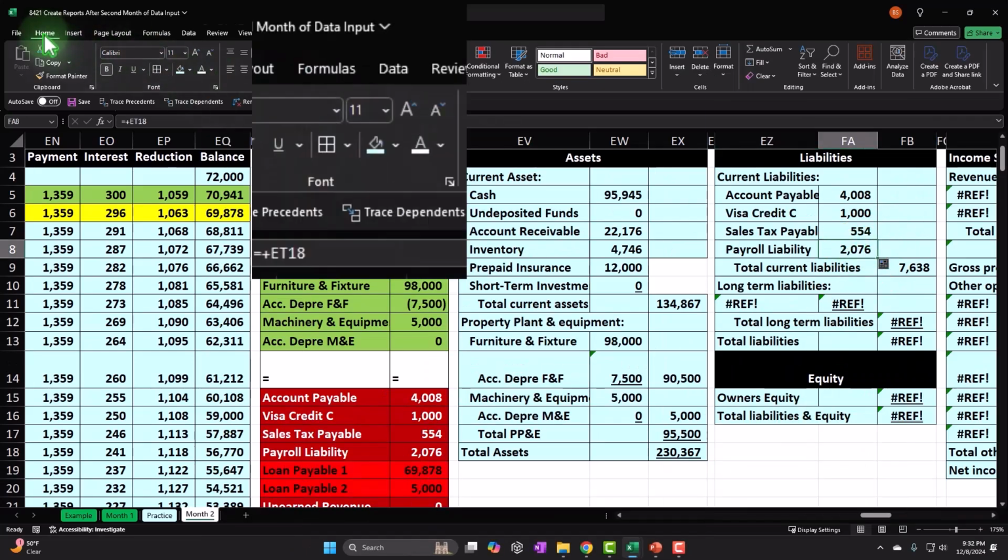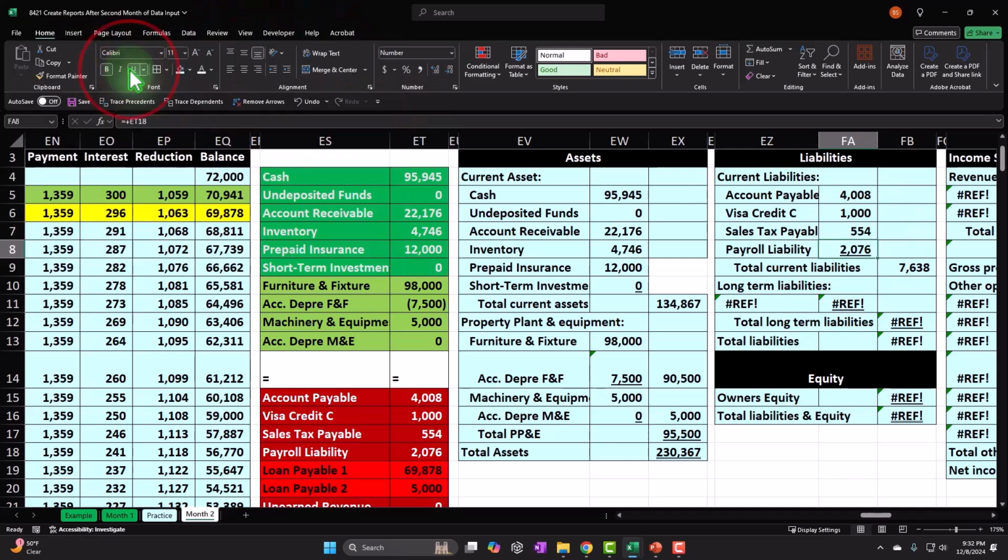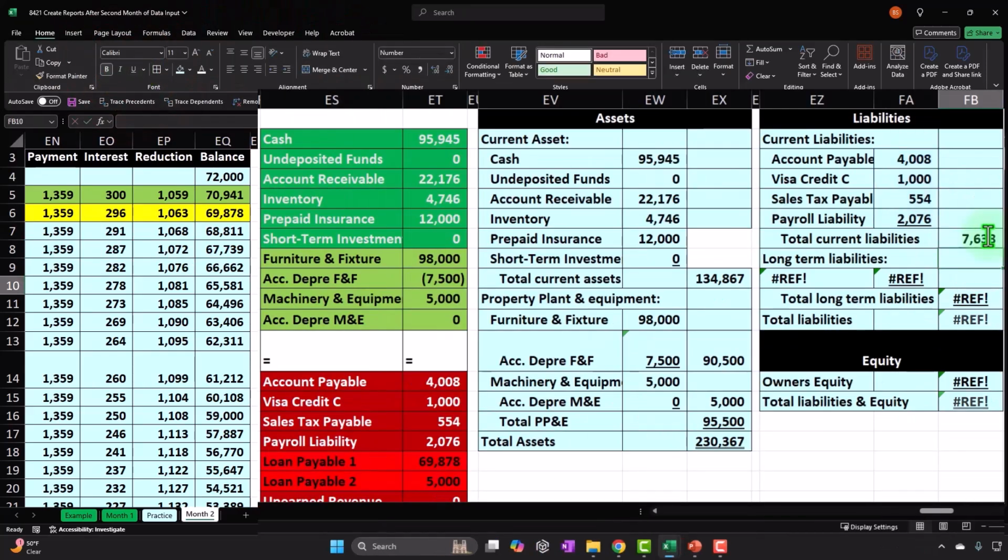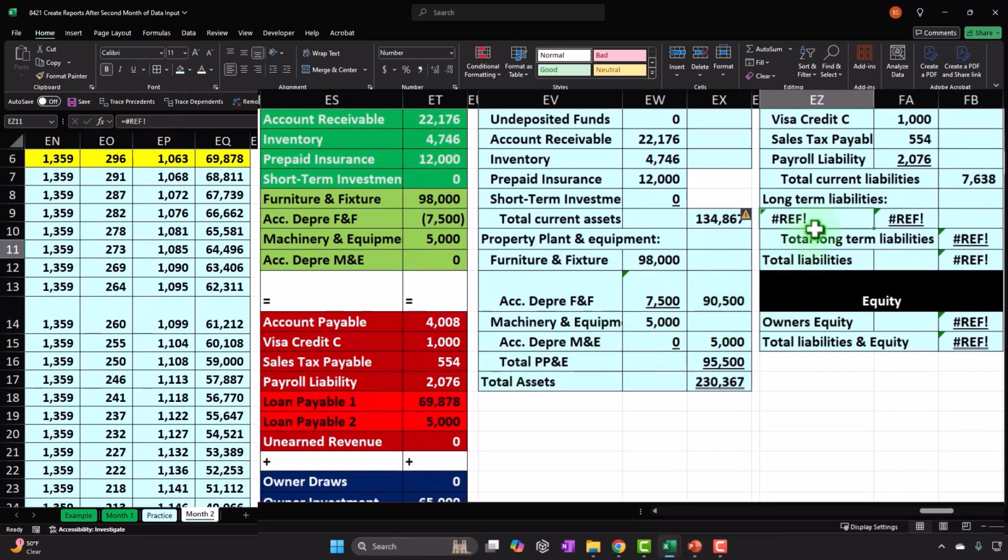So I'll underline this for formatting's sake. Home tab, font group, underline. Summing it up. Now this time I'm going to put both of these loans into one account over here called loan payable, whereas in my bookkeeping system I would break out each loan so that I can tie out each loan to the amortization schedule. Then when I do the financial statements, I would first do the adjusting entry, breaking out short-term and long-term, and then combine all short-term and long-term portions of the loan into one account for external reporting purposes,